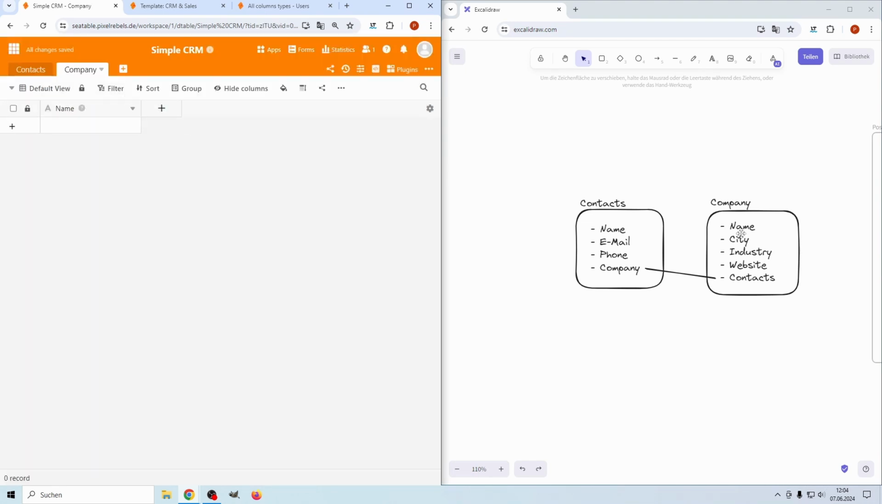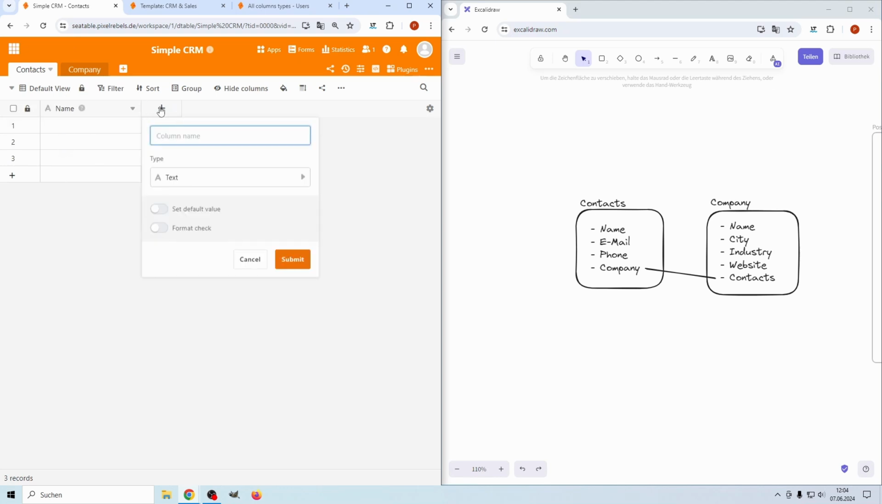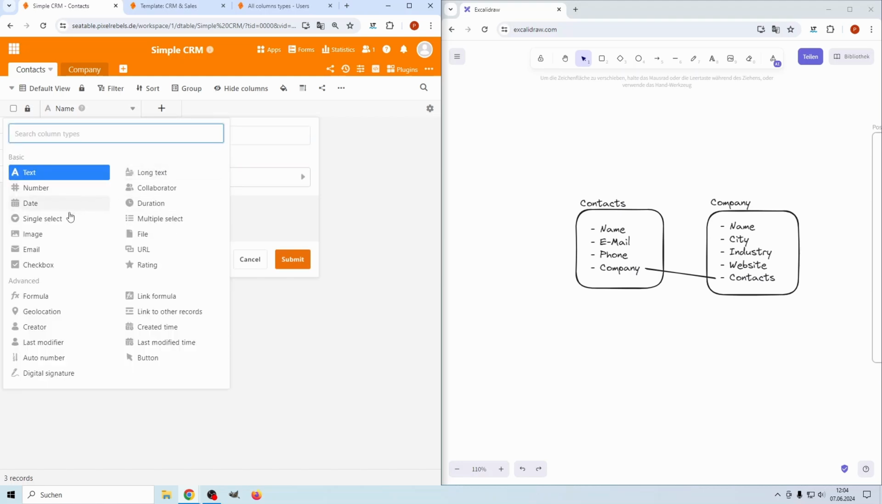And now we can start to add the columns we would like to have. So name is already there, this is fine. I want to have a new column, therefore I click on this plus. And next one is I want to use an email column which contains only email addresses. So here I choose as column type email, and this means SeaTable expects that in this column only email addresses